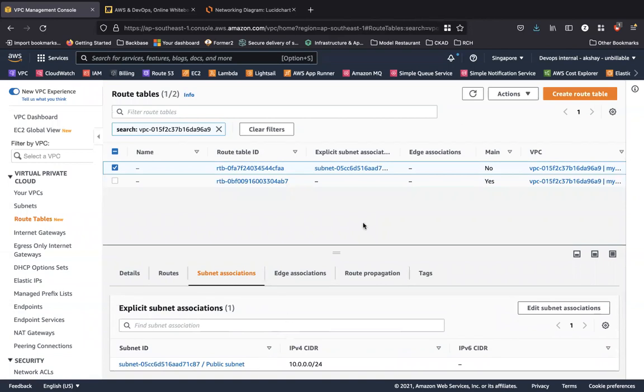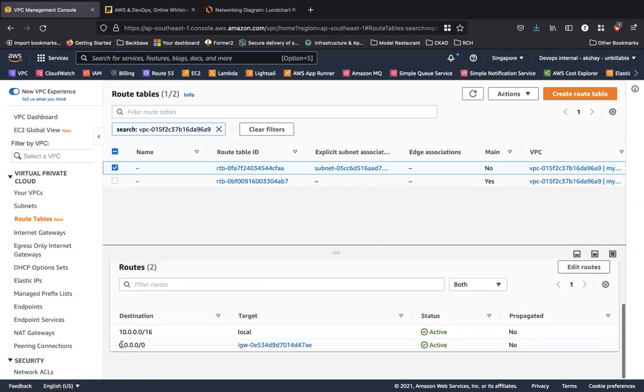Now let's take a look at the routes. So for the custom route table, which is the public subnet, we should have a route to the internet gateway. Do we have that? We have a 0.0.0.0/0 route to the internet gateway. So if I place any resources into the public subnet, I will have internet access to all those resources. And of course, there's a local route to state that anything and everything can talk within the VPC. Let's take a look at the main route table. The main route table, which has the private subnet, which is an implicit association, you can see that it also has a local route, but it does have a 0.0.0.0/0 route to the NAT gateway.